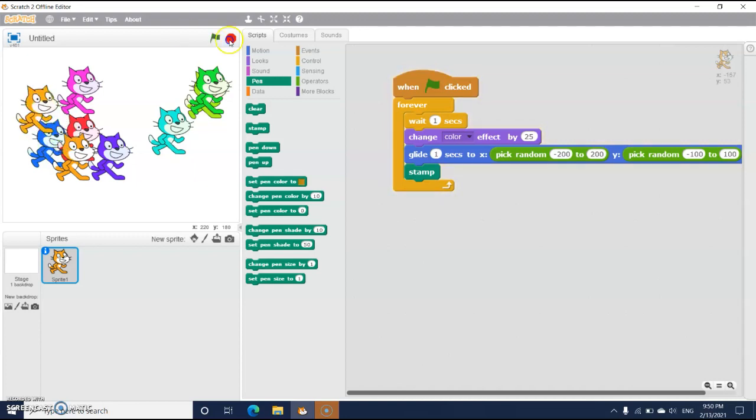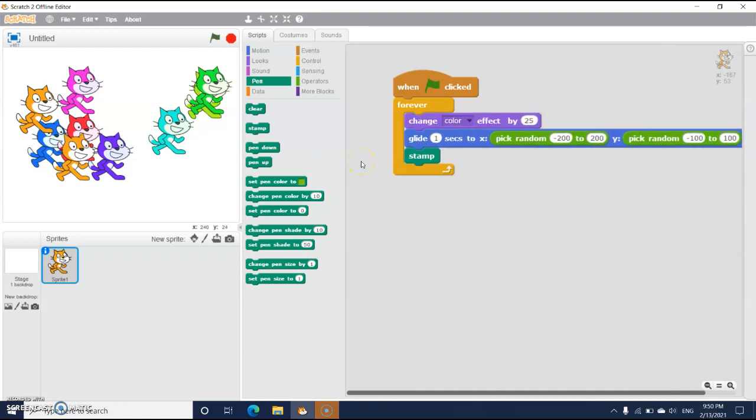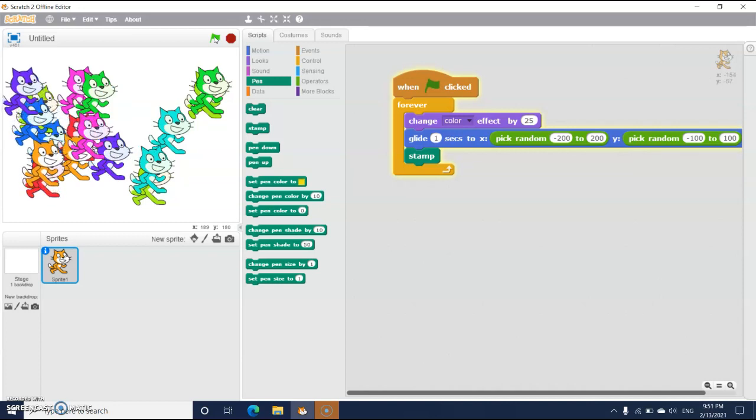So what you will do, I'll just click on the stop button and I'll just remove this wait now. I don't want to make it wait. So I'll just remove this wait. I'll just bring it here again. And I will put this block again into the forever loop and I'll run this. Now see, it is running fast. Random number it is selecting.